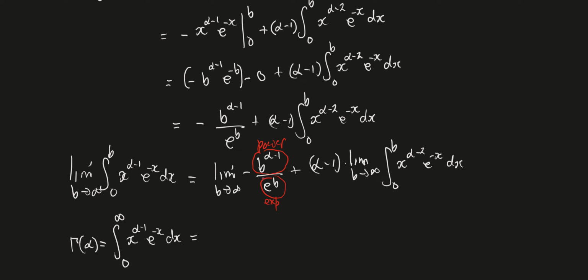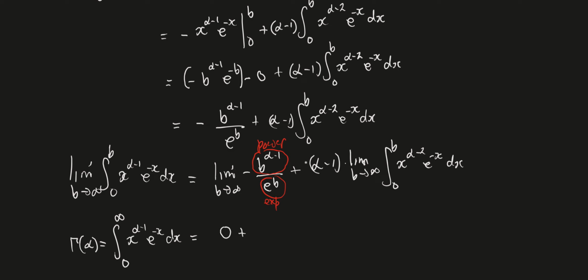Now, which of these will grow at a faster rate? The exponential function grows at a faster rate, right? In fact, we could formally use L'Hopital's, and what would happen is the denominator here would always dominate this fraction, and the denominator would get arbitrarily large, and the numerator will be kind of trailing back. So this whole fraction here is going to approach 0, right? Because you have your exponential growth in the denominator, but only your power growth in the numerator. So that first term is equal to 0, and then